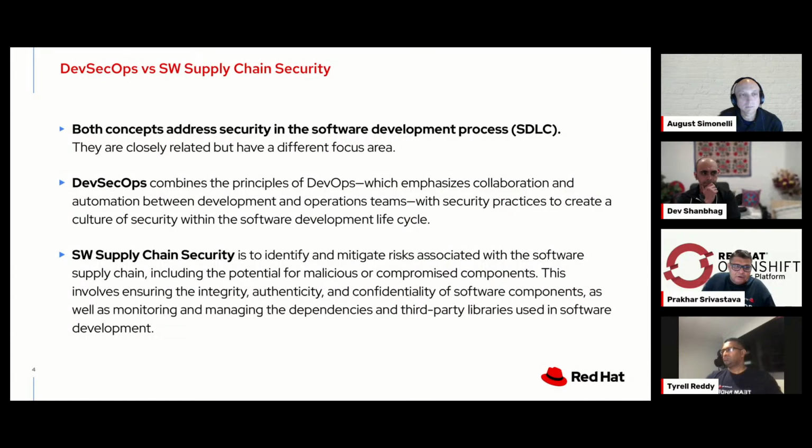So that was DevSecOps, where we are combining the principles of DevOps and security, boosting security. And software supply chain is about looking at each and every software component we have, especially when you are using external libraries.